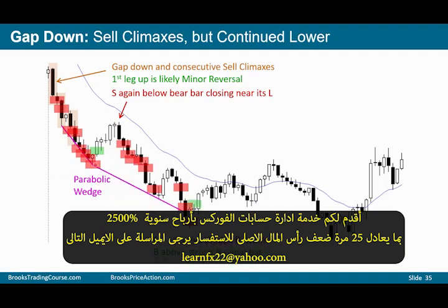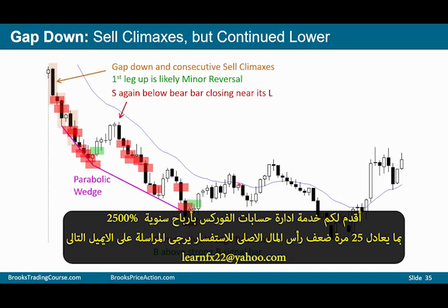Now we have a wedge bottom, a bigger wedge bottom, 1, 2, 3. It's consecutive wedge bottoms. We have a parabolic wedge here and a bigger wedge here, and a very good looking buy signal bar. So you have to be expecting a couple legs up. Reasonable to take that buy. Wedge bottom, 1, 2, 3. You expect 2 legs up,